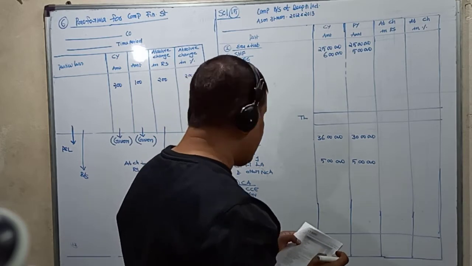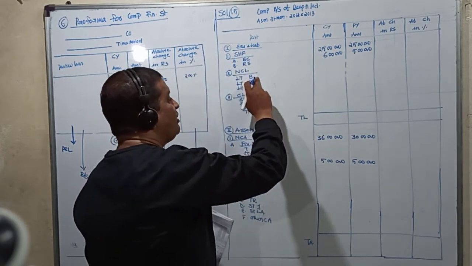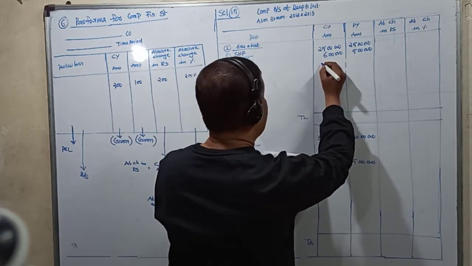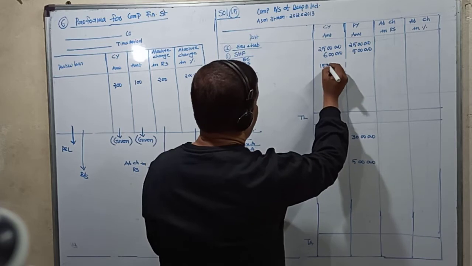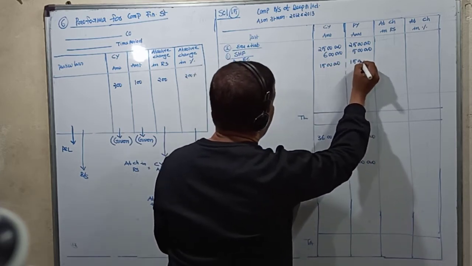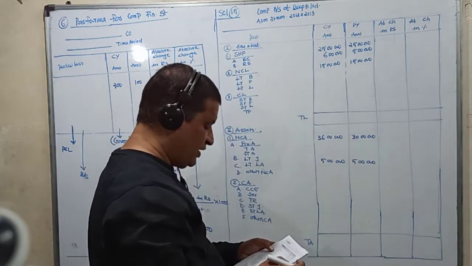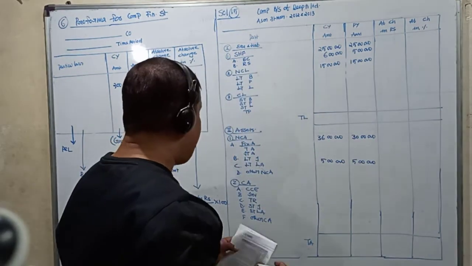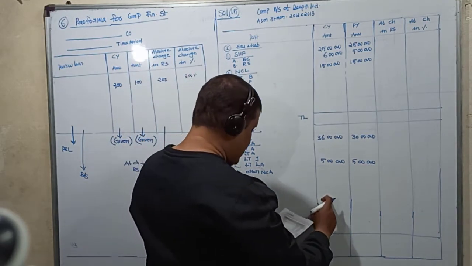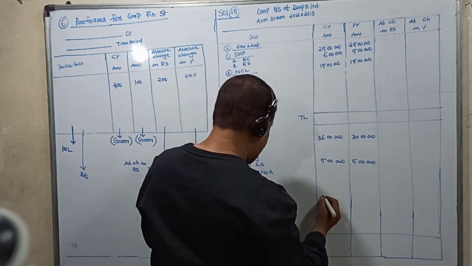Next we have long-term loans. Long-term loan is nothing but borrowings. What is the current year long-term loan? It is 15 lakhs. What is the previous year long-term loan? The previous year long-term loan also is 15 lakhs. Next we have inventory. It is a current asset. What is the current year inventory? The current year inventory is 4 lakhs.